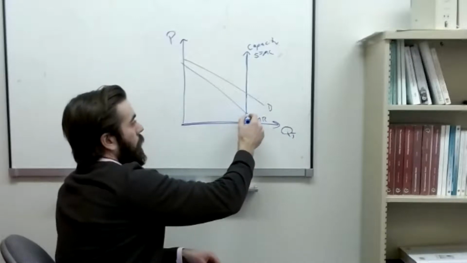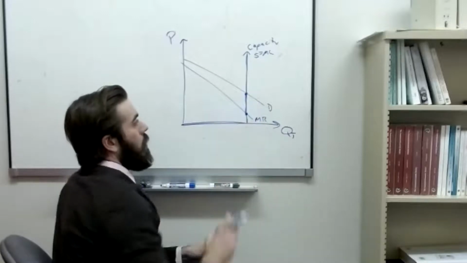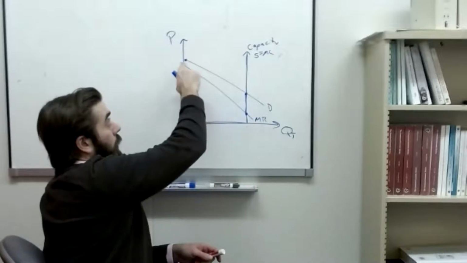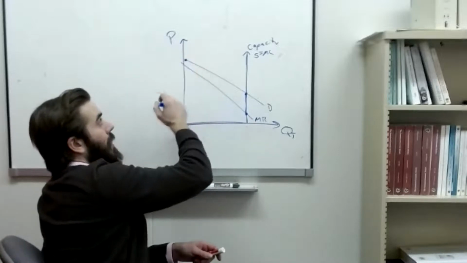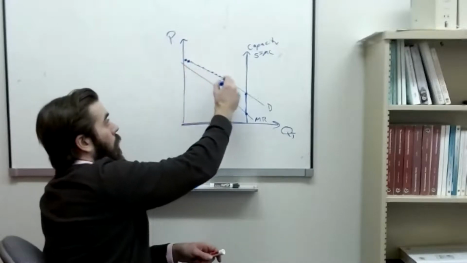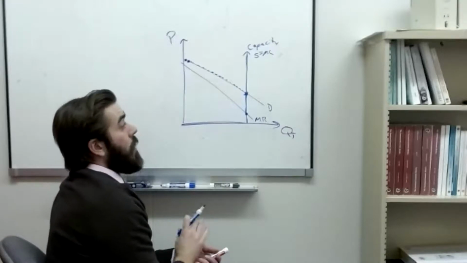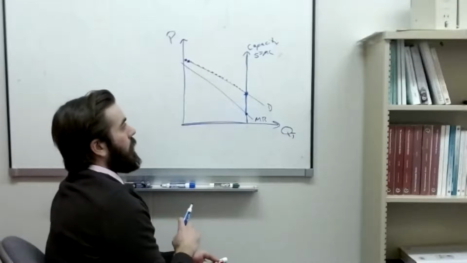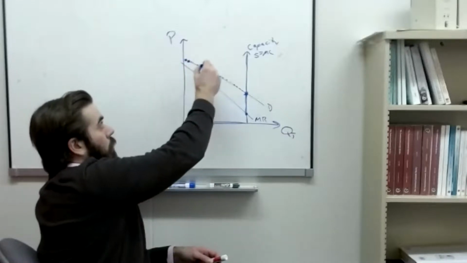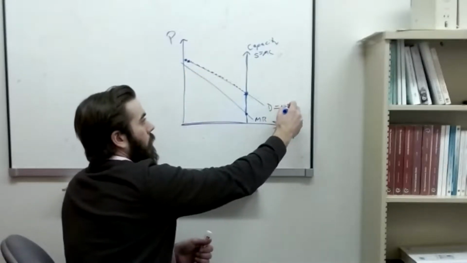So instead of the monopolist choosing where marginal cost is equal to marginal revenue, charging this price, what they'll do is try to charge the consumer who values the very first ticket the highest exactly that amount. The person who values the next highest, exactly that amount, all the way down to this last ticket sold, if they're able to, and they fill the stadium at capacity. If they're able to do this, the additional revenue they earn from each ticket sold is whatever the person values it at, or the marginal benefit.